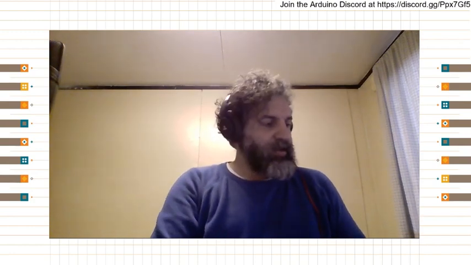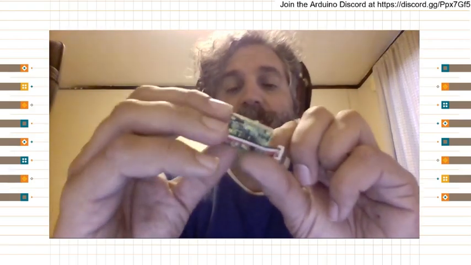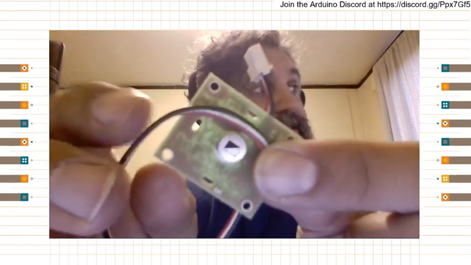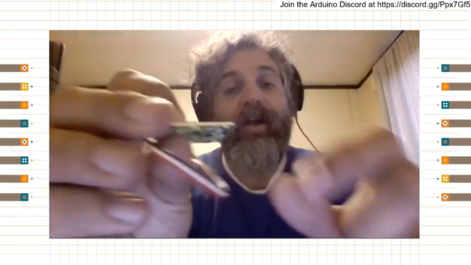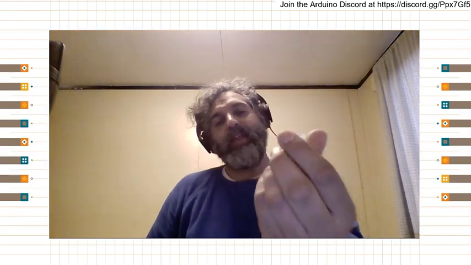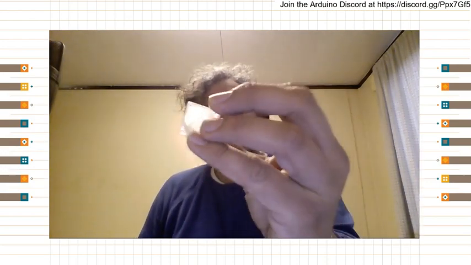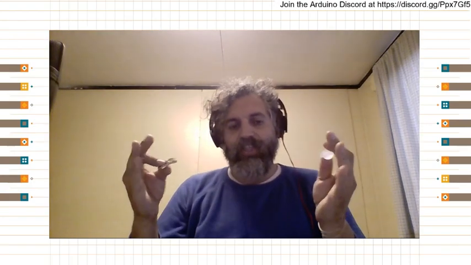So let's take a look at how a PIR sensor looks inside. A PIR sensor is literally a passive infrared sensor. That is exactly that thing there. It's a silicon that reacts to light and a lens, and this lens is made of plastic that is cut in different directions, and in that way it will be able to capture light coming from different directions.